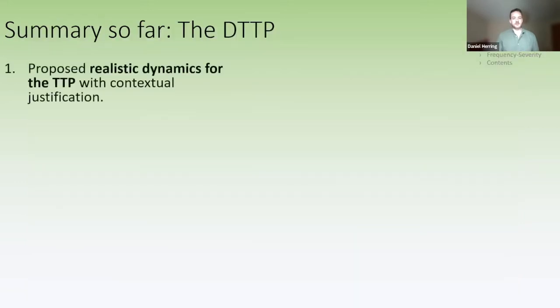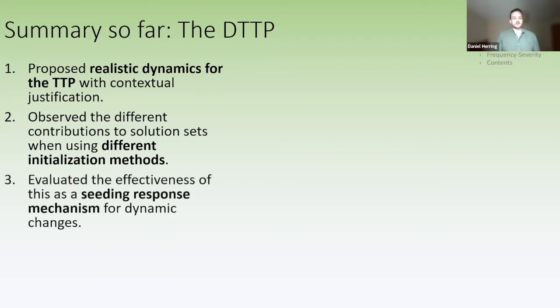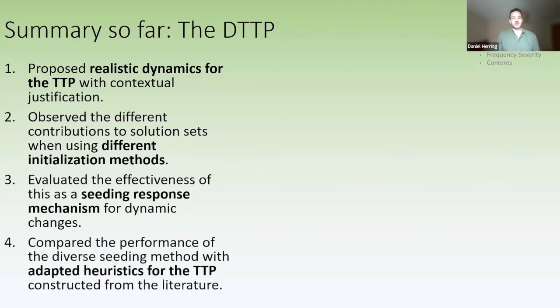So to summarize so far, before I continue on to the last two parts of this section, we've seen the contextually justified definitions for three different flavors of the dynamic traveling thief problem. We've observed the differences in contribution of different initializations to the achieved set of solutions. The exploitation of this as a dynamic response methodology has been evaluated and compared to adapted heuristics from the static traveling thief problem. I'll now show the